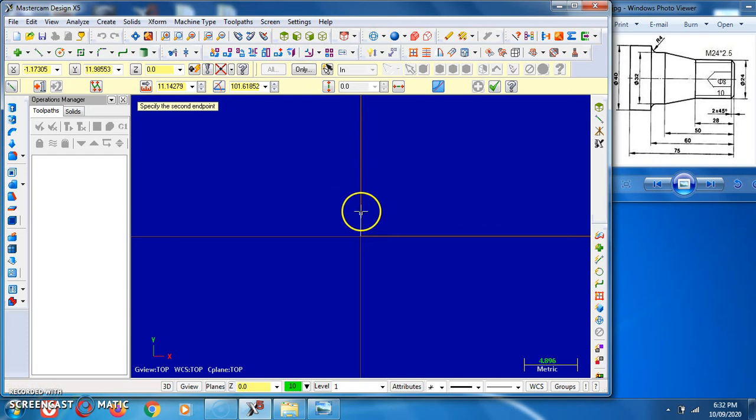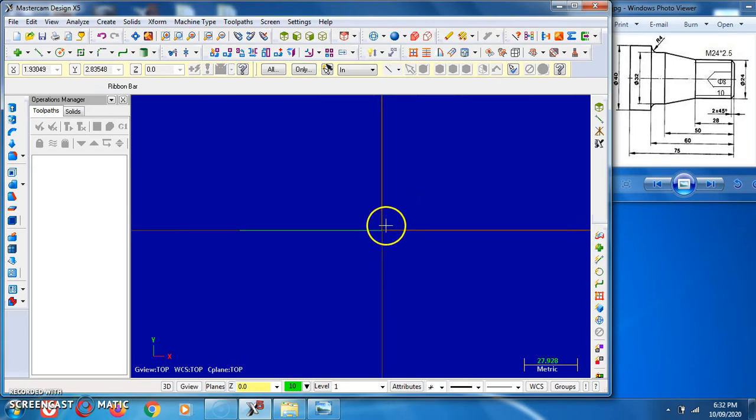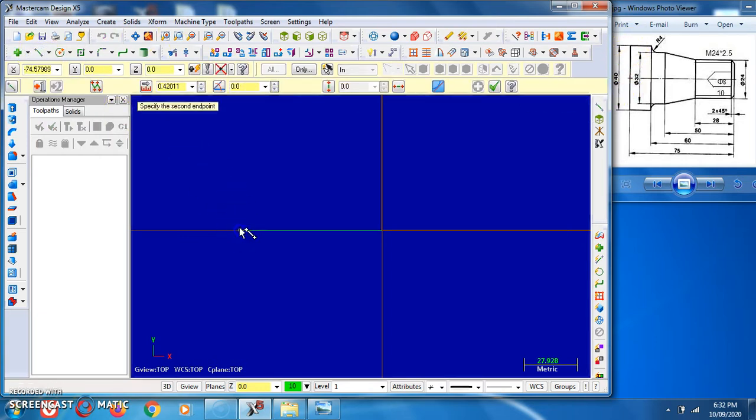So click onto the top, select the first line. I prepare the line of 75 mm with the angle of 180 degree. Just click OK. Zoom out. Now another line, the total distance is 40 mm, so we have to prepare the 20 mm line. Click on to the end, 20 mm line and the angle of 90 degree.